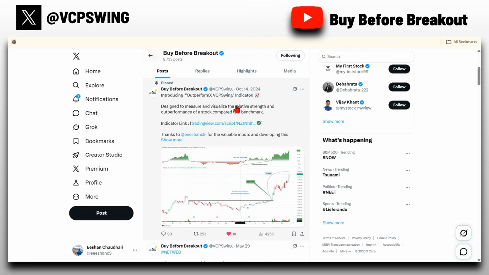I developed this indicator together with VCPSwing just out of curiosity. I'm not at all a full-time professional trader, but I create TradingView indicators from different technical concepts just as a hobby. So now regarding this indicator, you can find the TradingView indicator link in the pinned section of